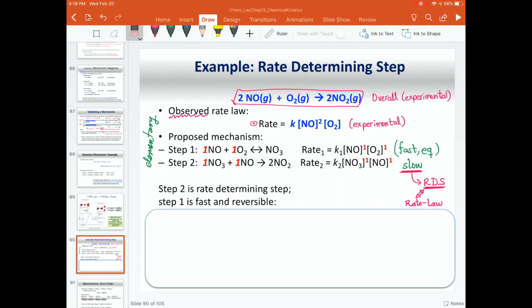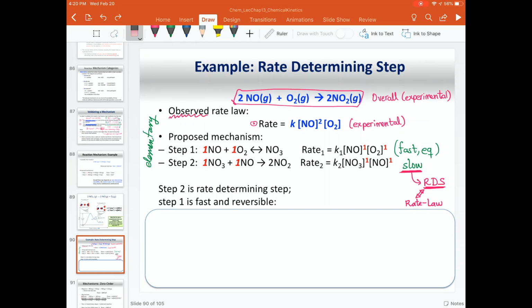We have now this particular reaction here. This reaction is an overall reaction of two gases giving one more gas. This is the overall reaction. This is the experimental reaction that we see. This is the one where we can measure the concentrations of the reactants and the concentrations of the products. Now, according to all the data that we collected experimentally, we determined the rate law,